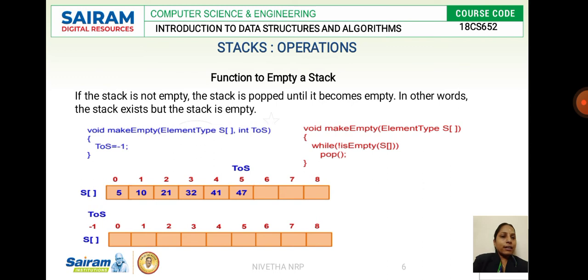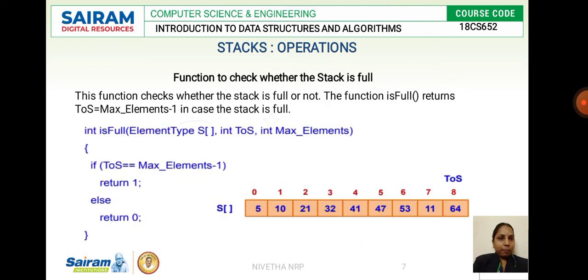For that we use a while loop to check the condition. If the stack is not empty, we perform the pop operation. In the previous code we checked whether there is an element in the list. If there is an element, now we make that list empty by deleting the elements. When it is not empty, you will be able to find the element and delete it. By using the while condition, you check whether the stack is empty or not. If it is not empty, we perform the pop operation, that is, we delete the element. When we delete all the elements, your stack becomes empty.